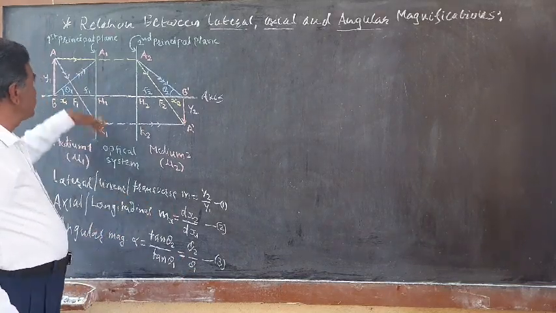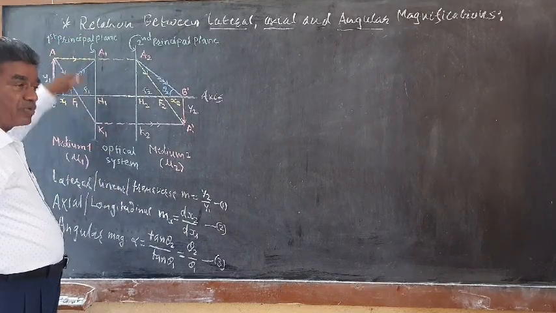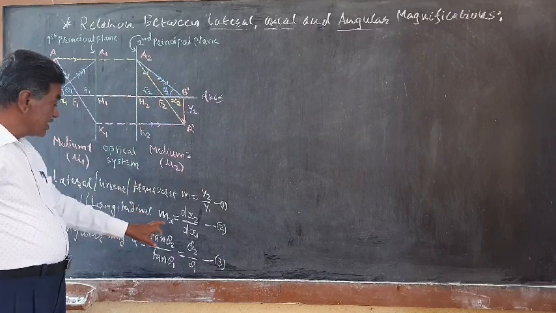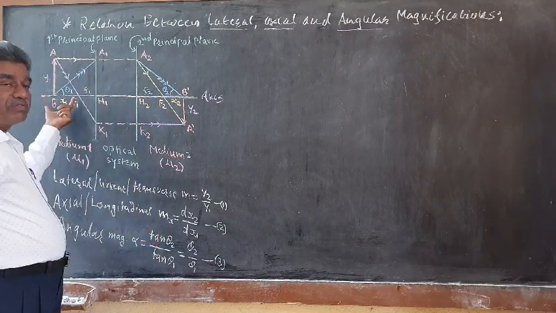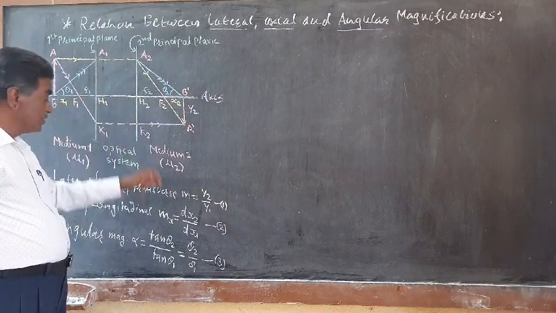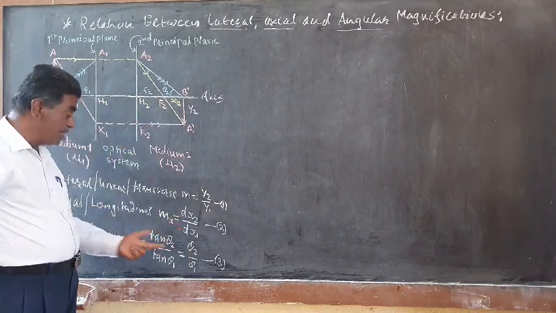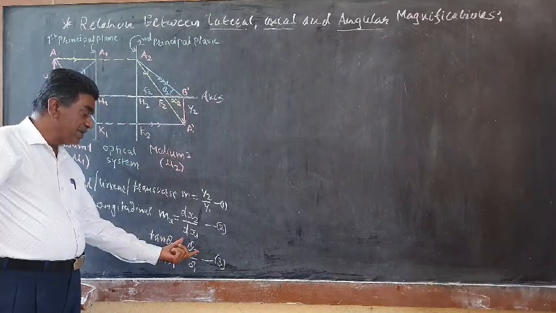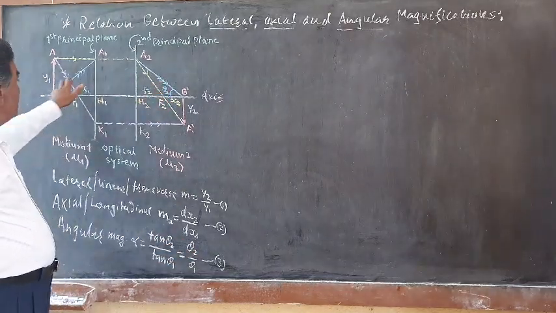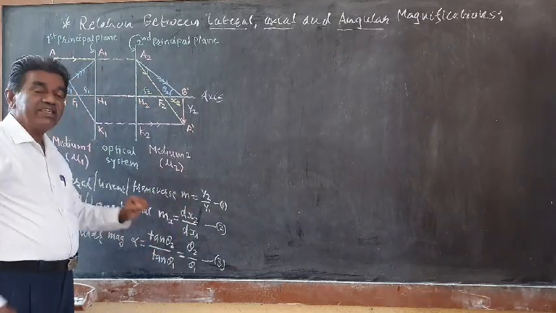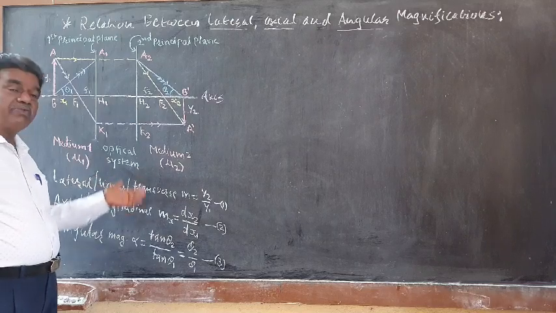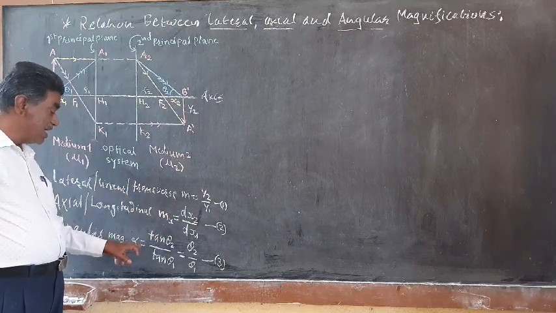The first is related to the transverse direction, that is the y direction, which is related to the height of the object and the image. Second is related to the extension of the object and the image on the x-axis, so it is dx2 divided by dx1. And this is the image parameter, the angle made by the refracted ray and the corresponding incident ray, theta1. So these are the definitions. Now we have to find the relationship between all these: m, mx and alpha.